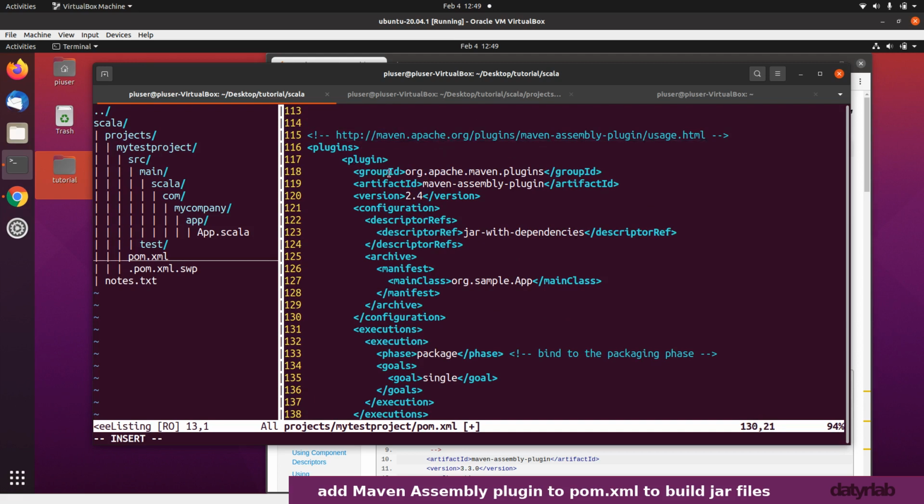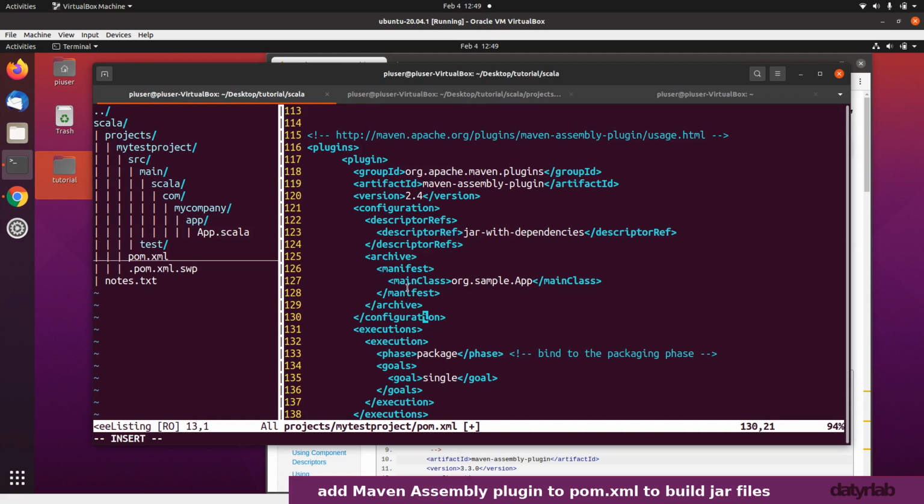Plugin, group ID, org.apache.maven.plugins, artifact ID, maven-assembly-plugin, version 2.4, configuration, descriptorRef, jar-with-dependencies, descriptorRef, archive, manifest, main class,